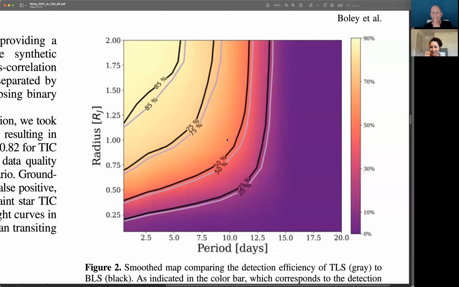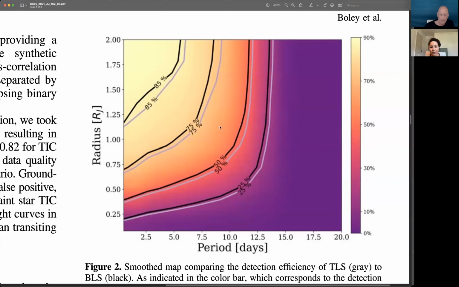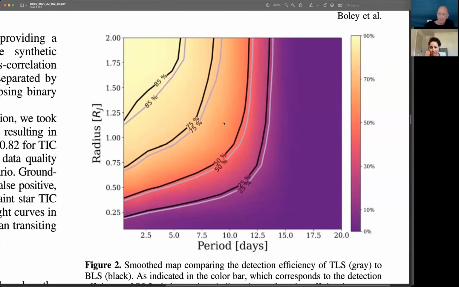So it was basically a sanity check for using this in the future. And just a spoiler, because of this, for the next project, we're only going to use 1 now. Spoiler: TLS does better. We decided to go with that. So this is what we got for our detection efficiency. Nothing too fancy, but it was a nice sanity check. It's important. Yeah, very important.